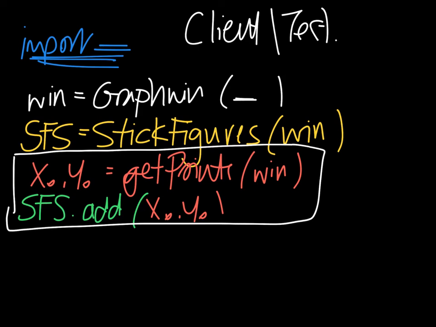What I don't have is a simple mechanism of drawing them all. Previously, we used a loop inside our client and went through the list and asked to print them. But because we've hidden that all away inside my stick figures, I can simply call draw on my stick figures,